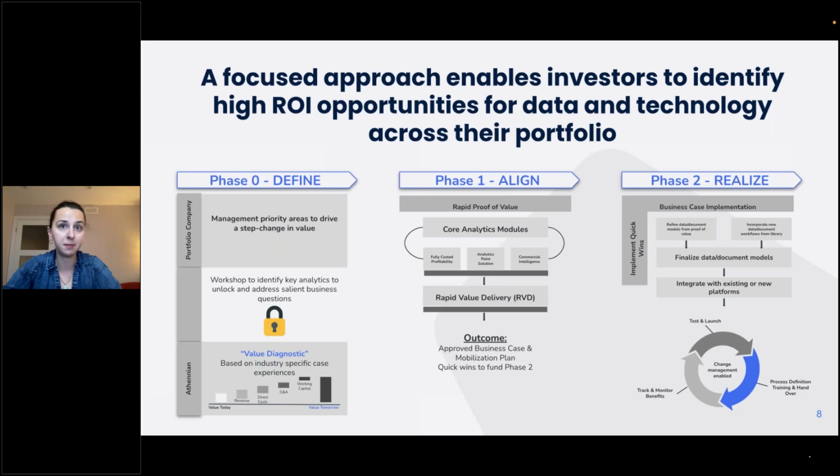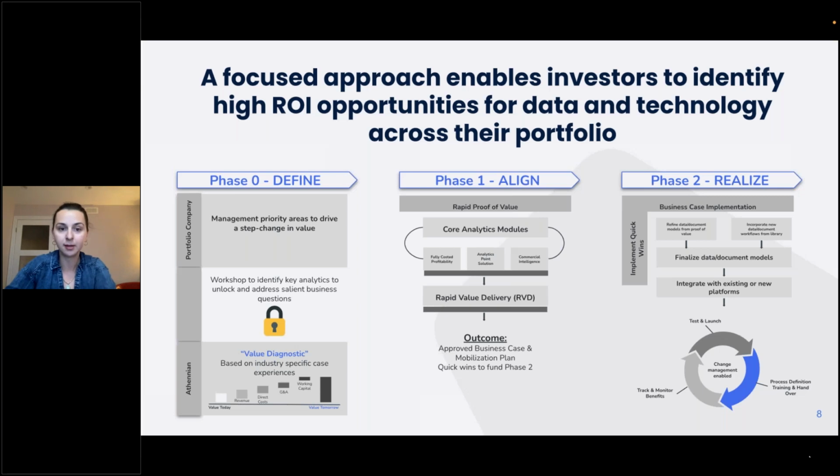We've heard that it might be tied to revenue, it can be tied to direct costs, or maybe it's even tied to working capital. But with all those things being said, the natural progression is going towards phase one. And that does bring us to phase one, where we reinforce the importance of alignment. The goal is to get the firm to have rapid proof of value, and this can be done through 3